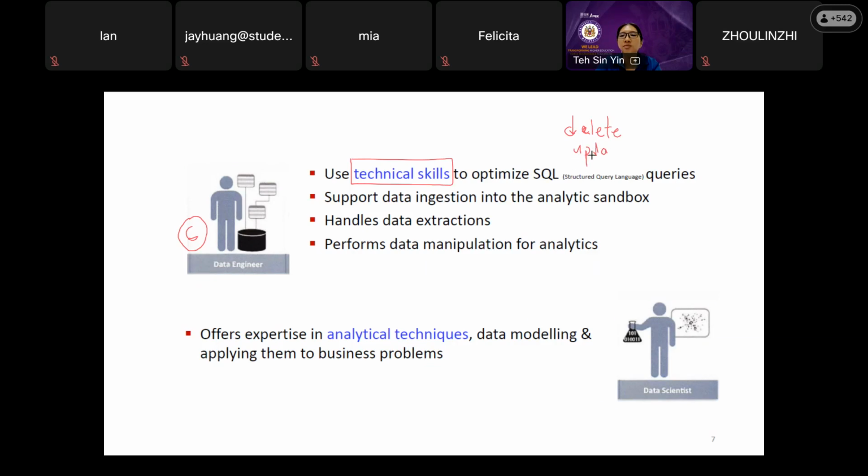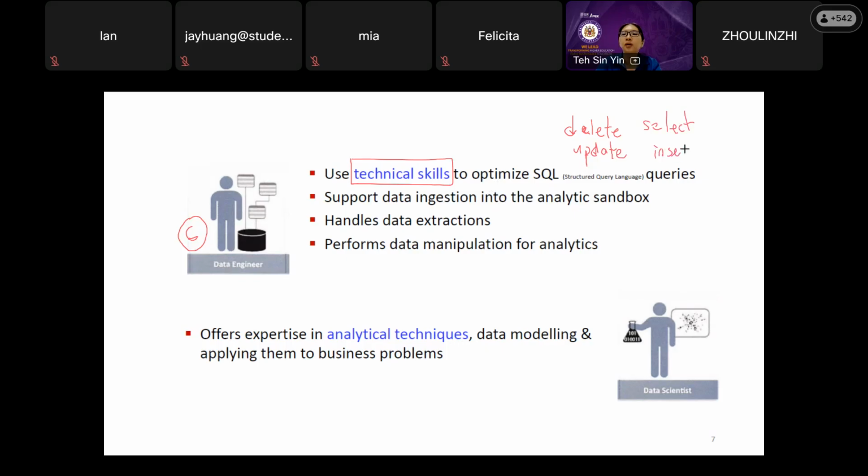So this type of simple thing is not really coding, it's not really programming. This is like when you use your Excel, you have some function, right? So this SQL is similar to that. Okay, or maybe you use like select or insert. So all these are query in the SQL.